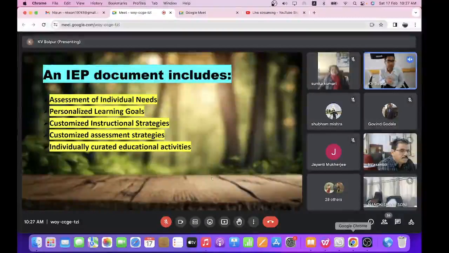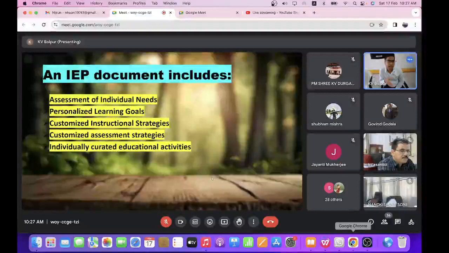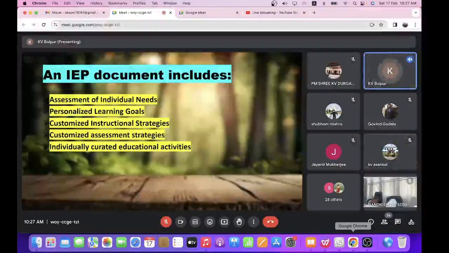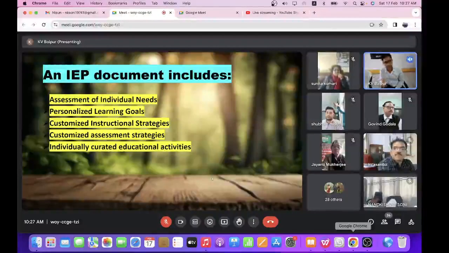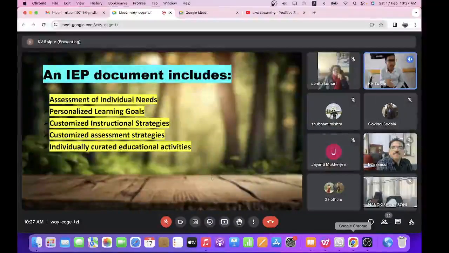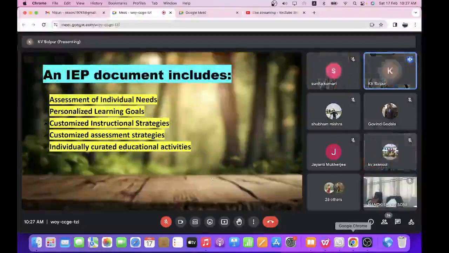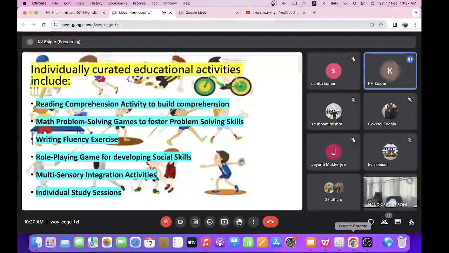Second is personalized learning goals. We have to personalize the learning goals according to the child and then work on them accordingly. Customize instructional strategies, customize assessment strategies as well, and individually curated educational activities. So individually curated educational activities,